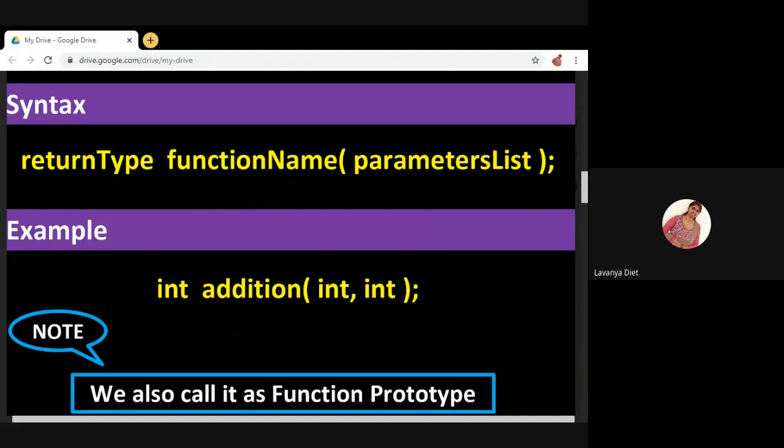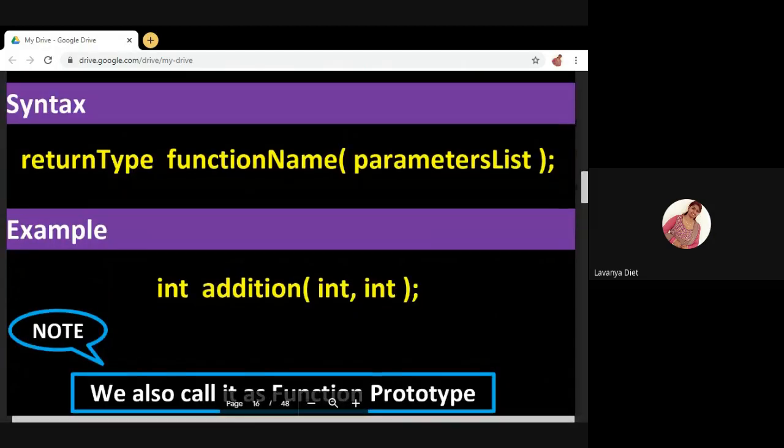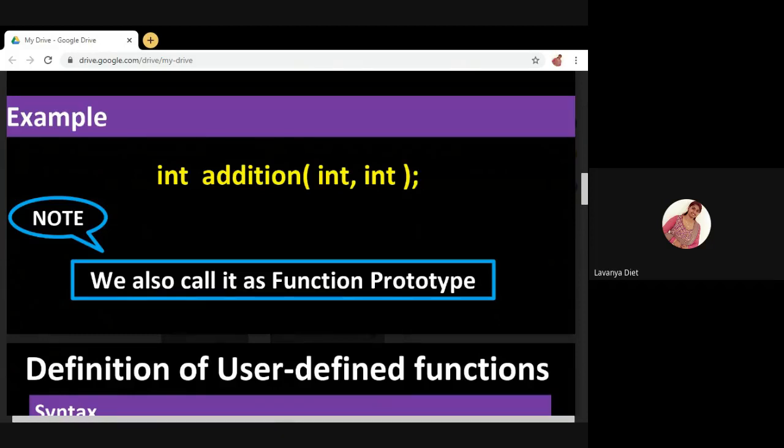Return type space function name inside parentheses. Here open bracket, close bracket is called parentheses. You must specify the data types of the variables you are passing to the function. Here you are passing two integer variables, right? So you must specify int comma int. Remember, in declaration you should not specify variables. You must specify data types of the variables separated by commas. This function declaration is also called function prototype. Function prototype is nothing but function declaration.